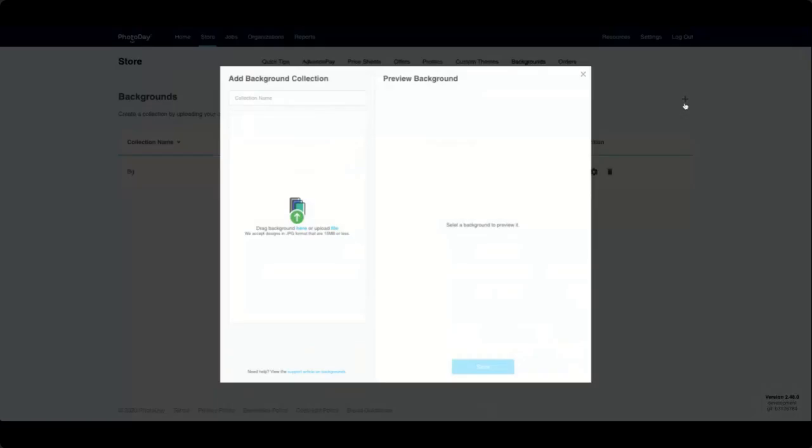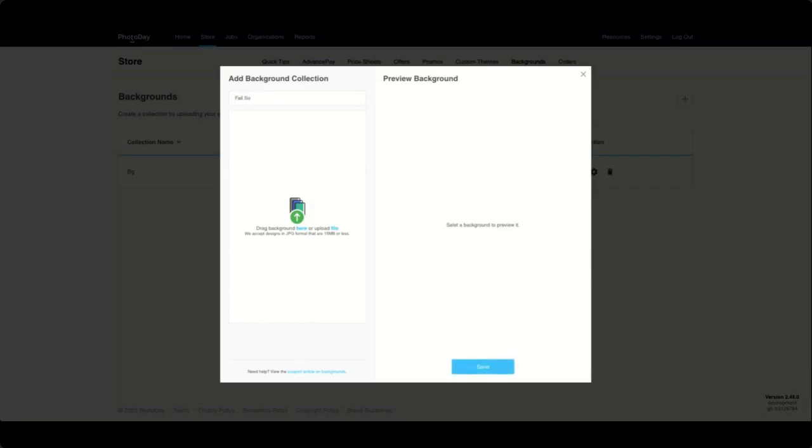Collections are helpful because if you're using PhotoDay for all different genres of volume photography, you'll want to set up one for sports, or one for your high school sports or youth sports, one for preschools, one for underclass. So you can set up different backgrounds and then attach those backgrounds to a job, just so you can do some setup prior to scheduling all your jobs and attaching all those background collections to your different green screen jobs. For this one, I'm just gonna call it my